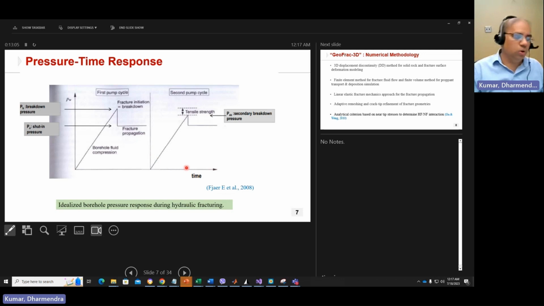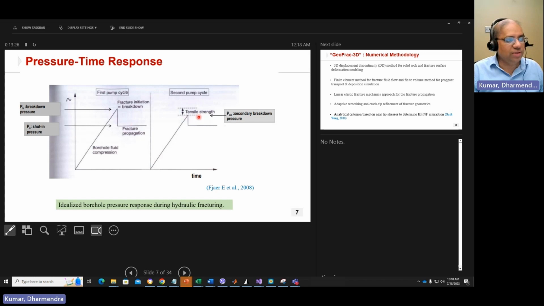And at this point, if you shut down your pumping, the pressure will start declining. And the decline will come close to your assessment. It almost goes to zero. And now, this is the first cycle. And if you do the second cycle on